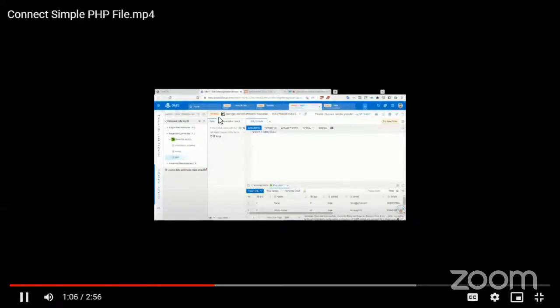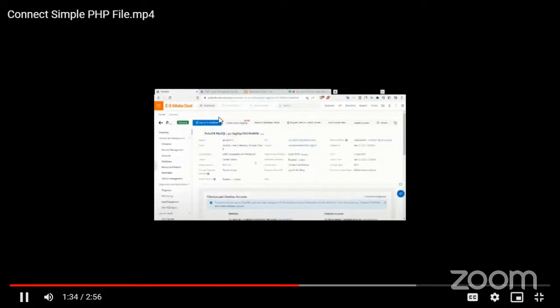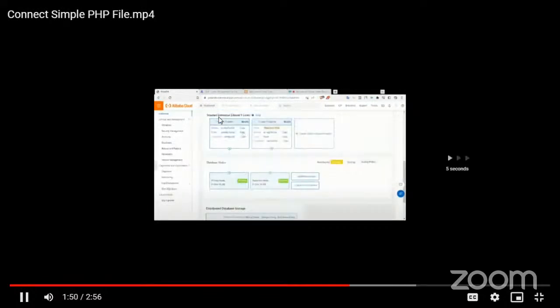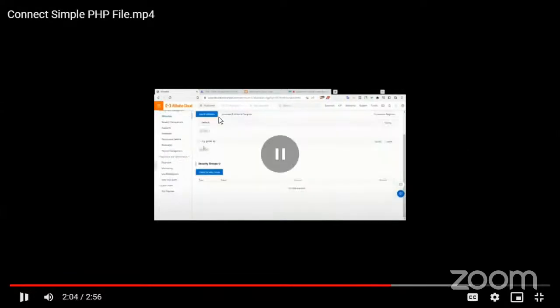So earlier I have shown you how you can see this. Yes, this is the sample. We have done it earlier as well. And yes, adding the IP whitelist is really very important. IP whitelist is nothing but you have to write a public IP, 0.0.0.0/0, so that anyone can access your project, from any IP.